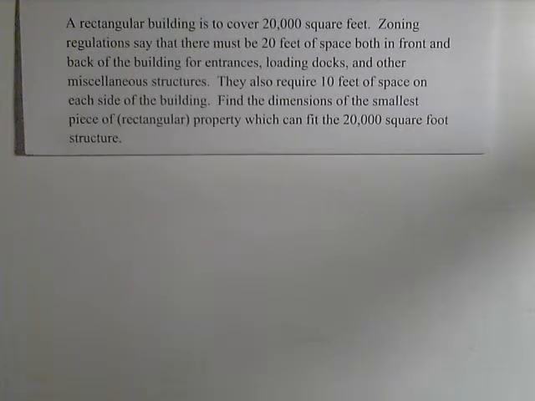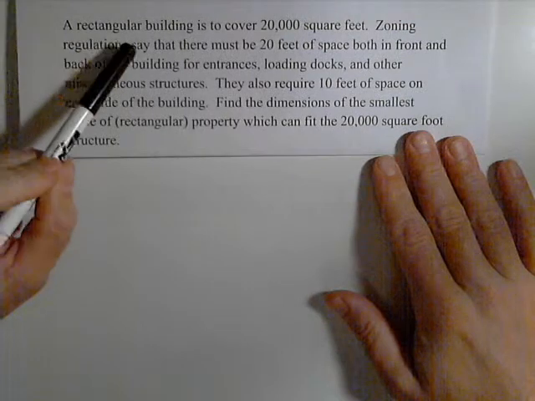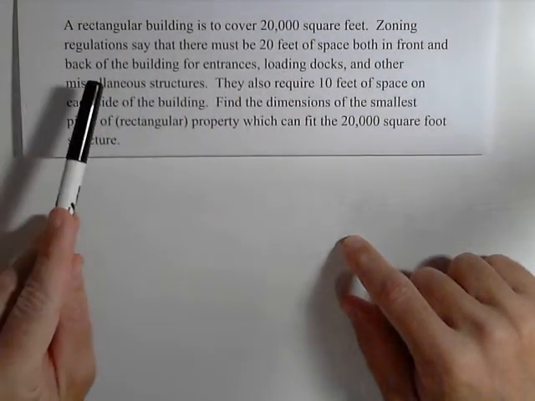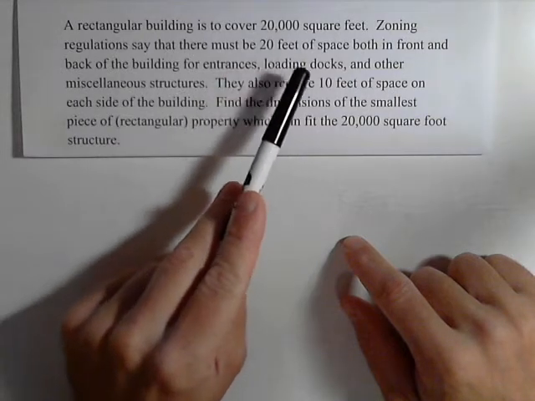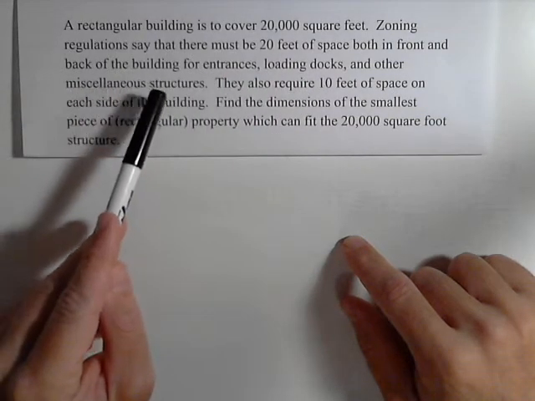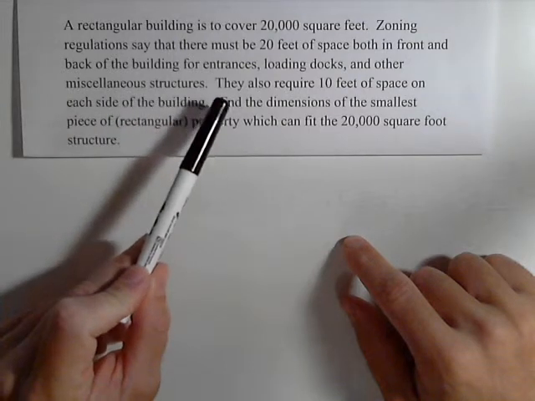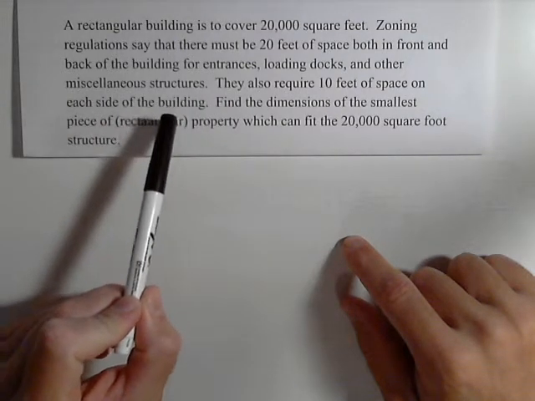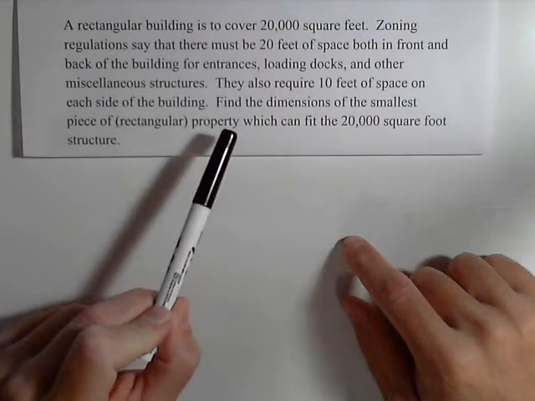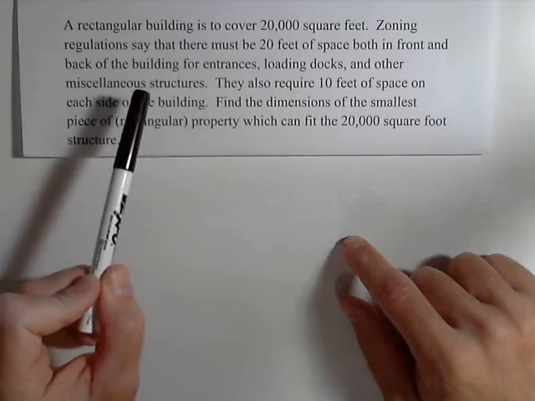In this video we're going to look at a constrained optimization problem. We have a rectangular building that's to cover 20,000 square feet. Zoning regulations say that there must be 20 feet of space both in front and back of the building for entrances, loading docks, and other miscellaneous structures. They also require 10 feet of space on each side of the building. So we want to find the dimensions of the smallest piece of property which can fit the 20,000 square foot